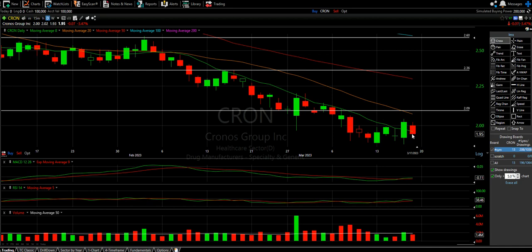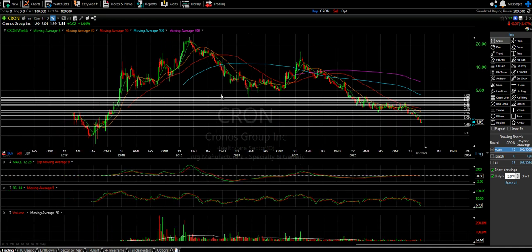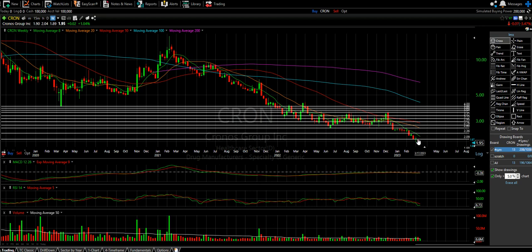I'm not as confident that this week means the trend is changing as I'm looking at more and more of these stocks. So are we at all-time lows? We're not yet. I think it's the same comments as CGC. This one's a couple support lines away, but same thing. I'm seeing the 8 want to continue down. I'm seeing the 20 curving down. I'm seeing the 50 curving down. Obviously, these are up here, but